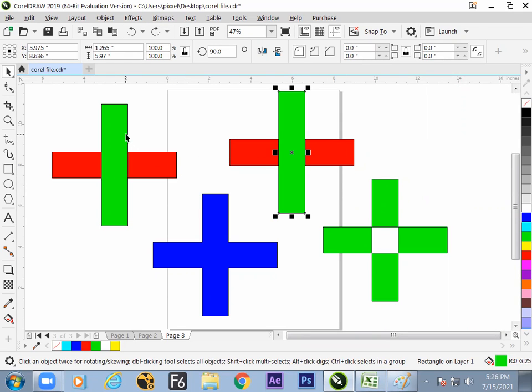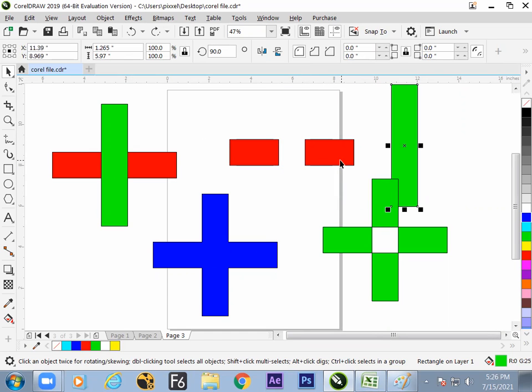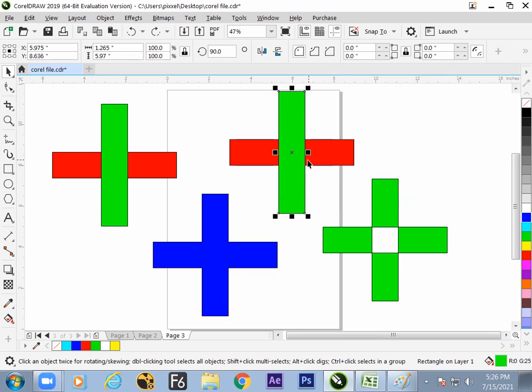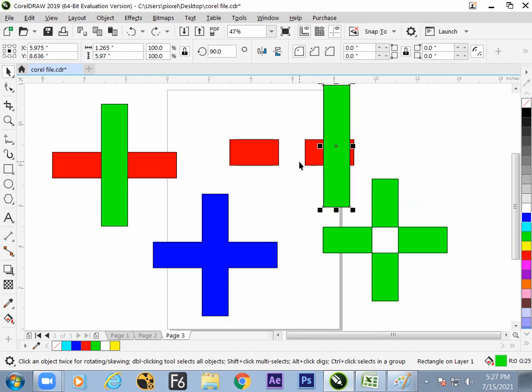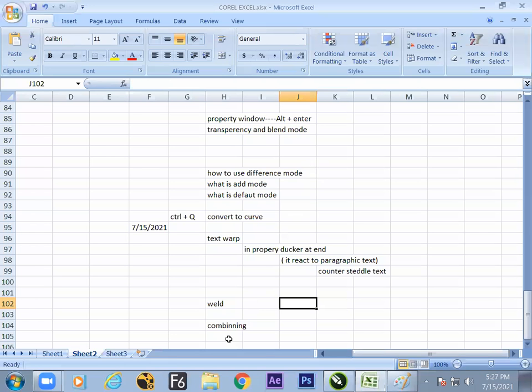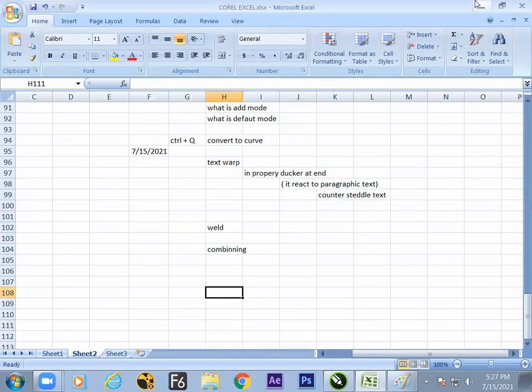A is the first one, the second one is B, and A minus B happens here. And we got a cut. The same cut can be angular or perfect, it doesn't matter. Hope this is clear now. What is this? Trimming. First one, welding. Second one, combining. Third one, trimming.